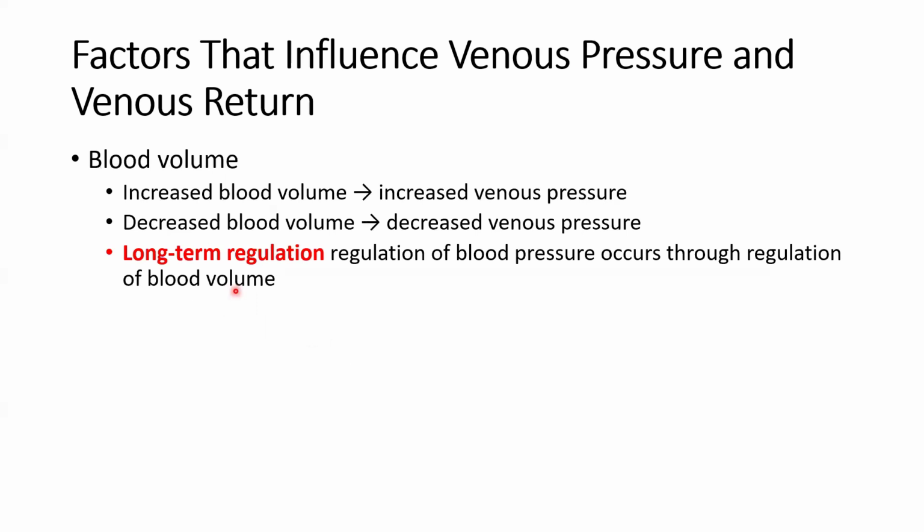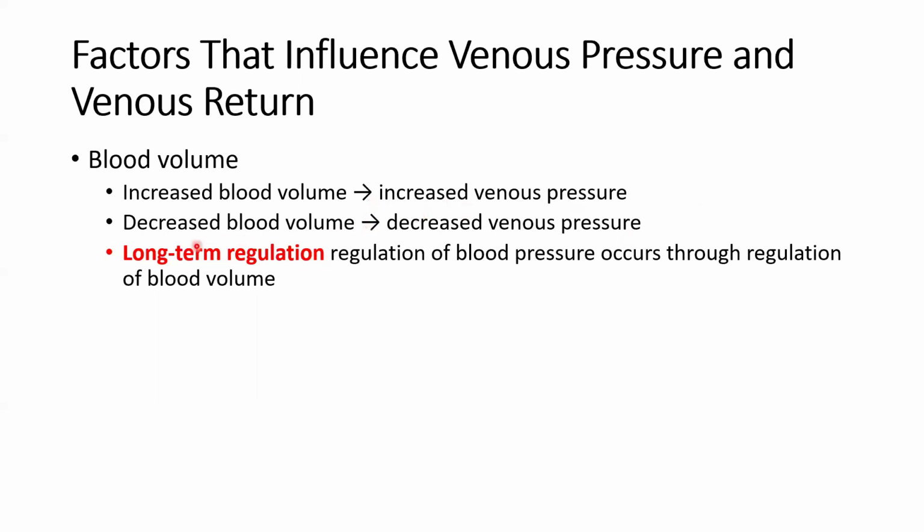Now, we also want to think about the overall change in blood volume. Whenever we have an increase in blood volume, there's increased venous pressure. So as more blood pools in those large veins, the smooth muscle that is lining those vessels creates an increase in venous pressure, and that in and of itself clamps down on the vessel and helps with that flow back towards the heart. Alternatively, when there's decreased blood volume, that smooth muscle tone decreases, and that will decrease venous pressure and venous